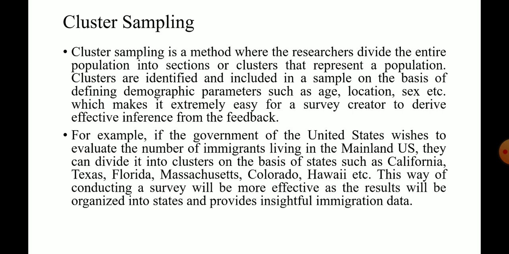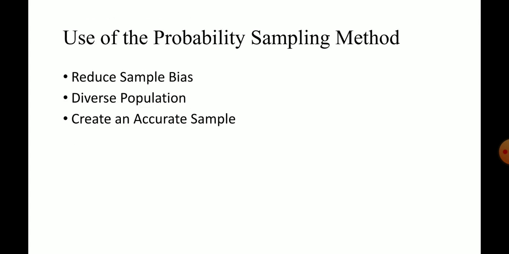If you see the difference from stratified random sampling, there the population is divided into smaller groups depending upon some other criteria. Here, the groups are divided according to demographic parameters. So that's all about